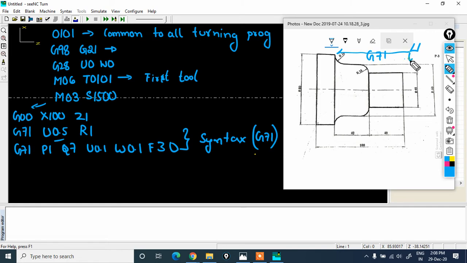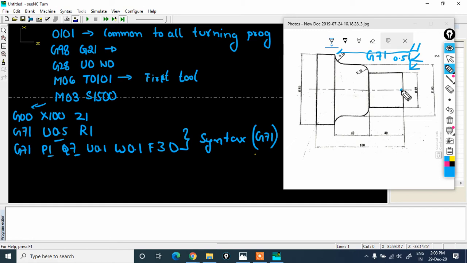So in the next position the dip will be 0.5, and it will move and remove the material, and again it will come back, dip 0.5 mm, and removal will take place. Okay, and P1 Q7, so this is the starting block and this is the terminating block.